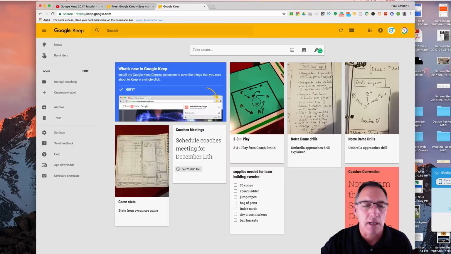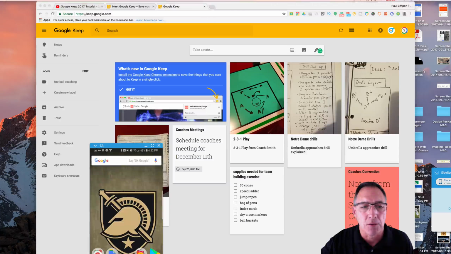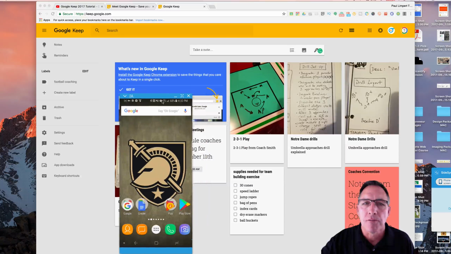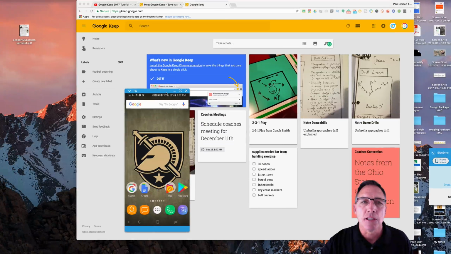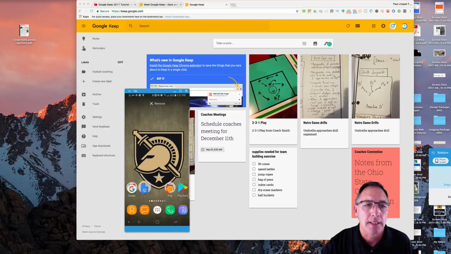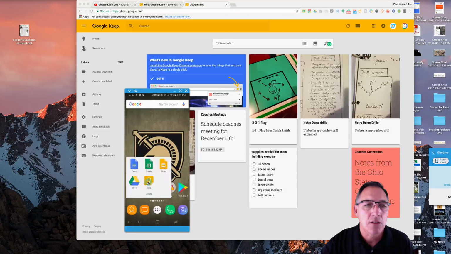Now, how do they get there? Well, that's where I'm going to go back to the phone. When you're at conferences and you're at coaching clinics and all of that, and somebody pulls out a really cool looking hand-drawn play and you want to get it down right away? Well, inside your phone, if you go to your Google apps, and I'm going to click on mine here, you can go to Keep,